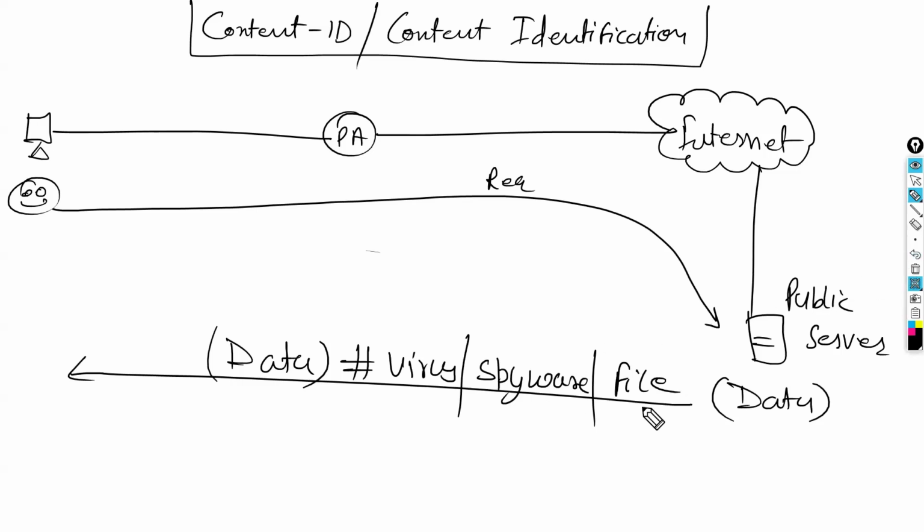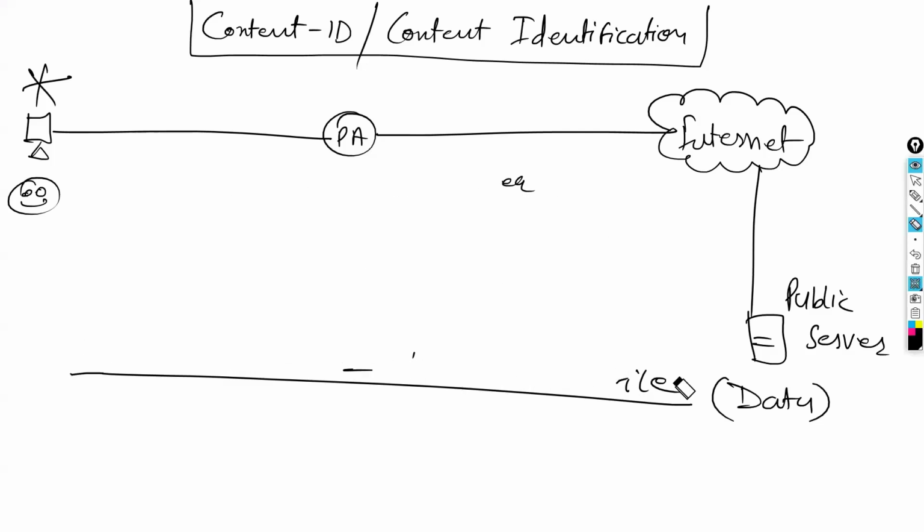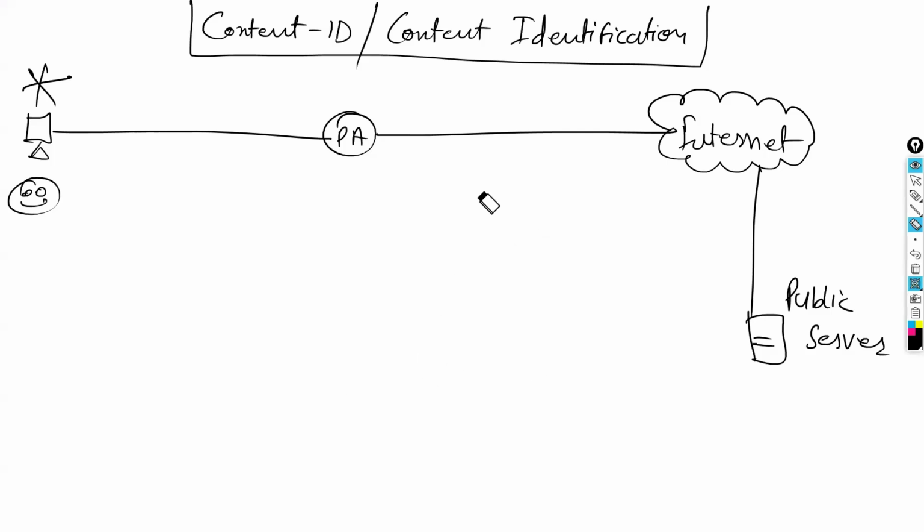Okay. Now if this file goes to the client, and there is a virus or spyware, this host will be compromised. Now what do we want? If there is any type of attack, virus, spyware, or any type of file format which is harmful for our client, we want to block it. To do so, what do we need to deploy here? We need to deploy Content-ID. When we enable Content-ID, actually we enable security